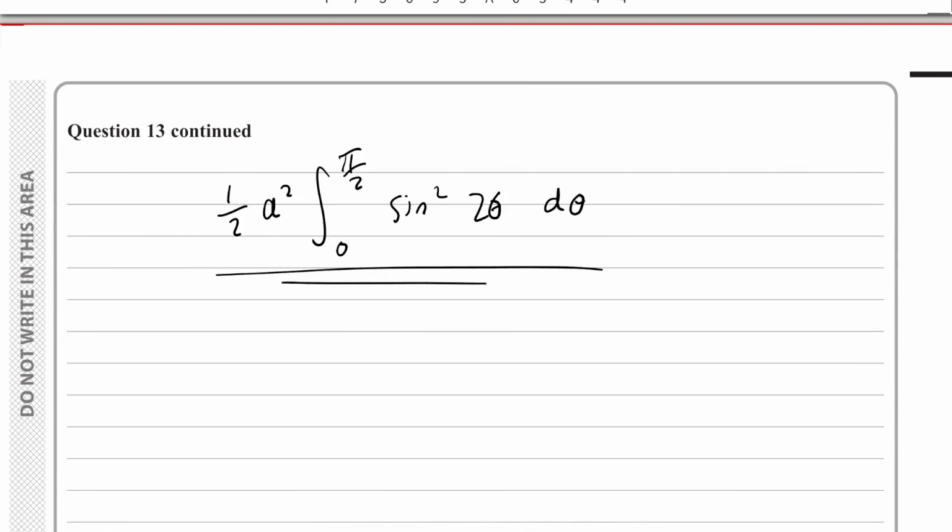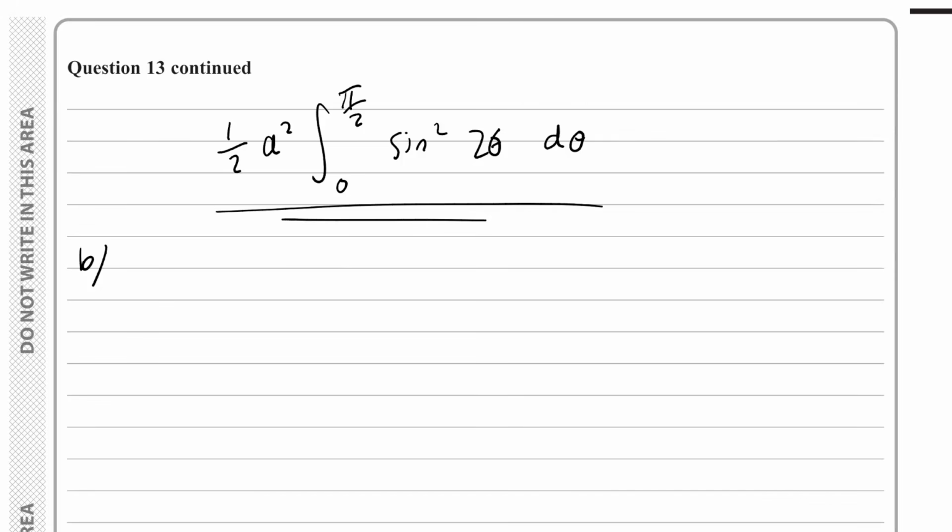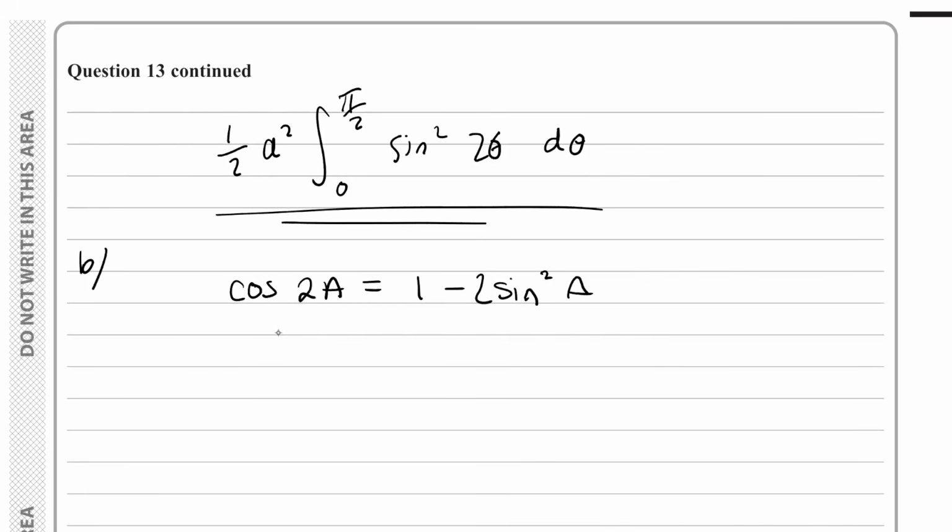So we're integrating sine squared. We can't integrate sine squared directly. We need to use our double angle formula. So it's the double angle for cos, so cos 2a is 1 minus 2 sine squared a. If you can't remember these formulas, you can always go back to the cos a plus b formula, which is given to you,